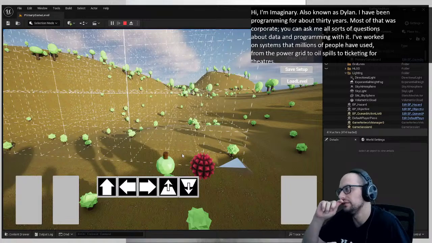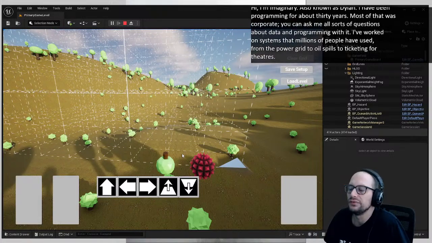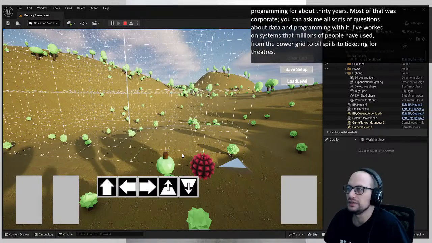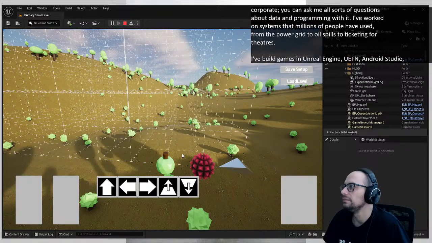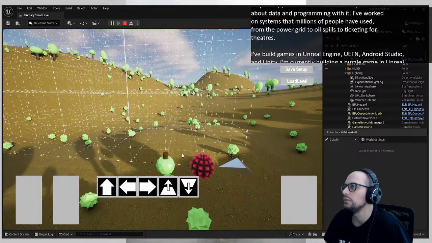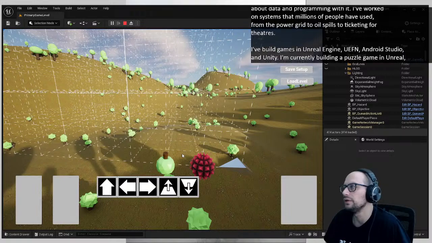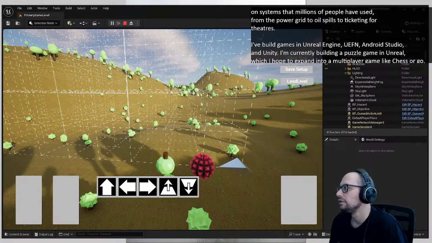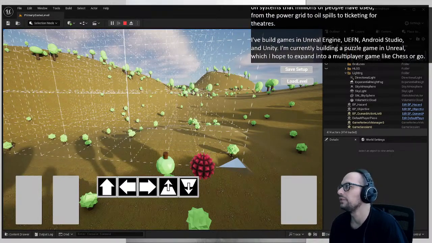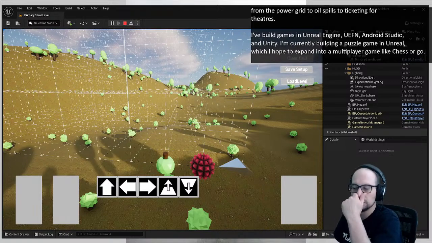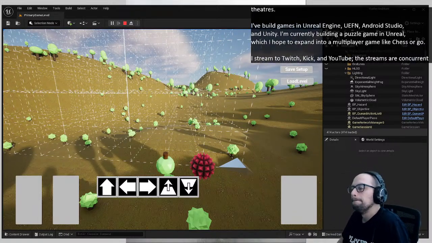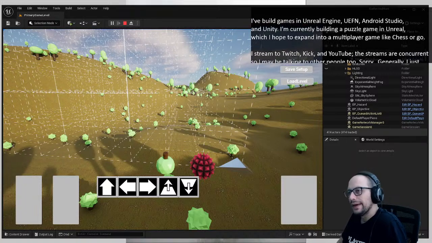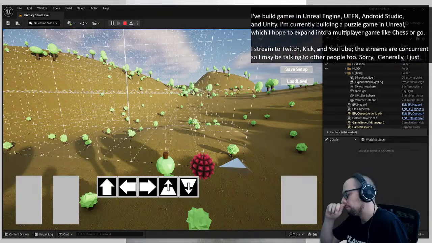Unreal is definitely its own large beast, but you get different things when you compare Unity with Unreal and what it comes with out of the box. So, I published a game with Unity. It's not a very good game, but